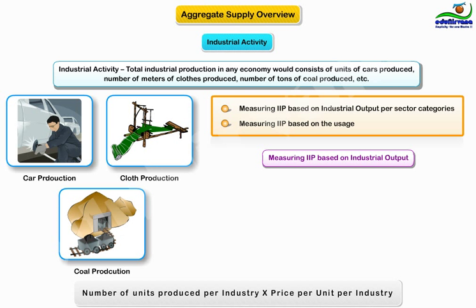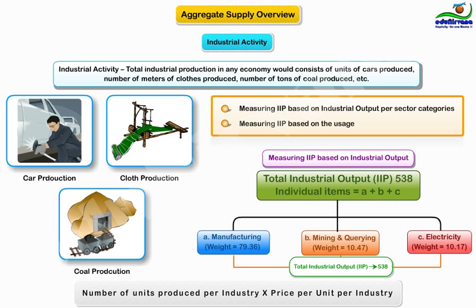Total industrial output IIP is 538 items, which is 100%. Individual items are A plus B plus C, which is equal to 538. The A is manufacturing, which weighs about 79.36% in total industrial output. B is mining and quarrying, which weighs about 10.47%, and the C is electricity, which weighs about